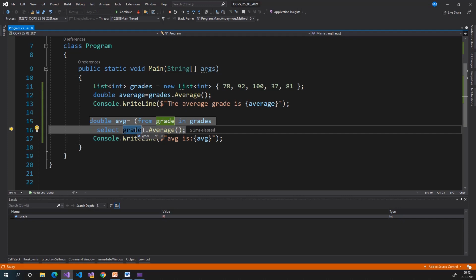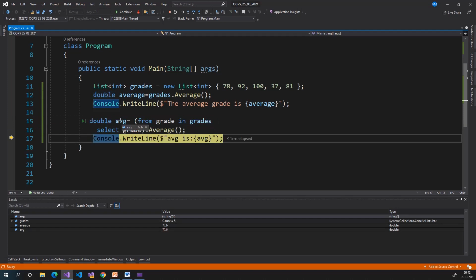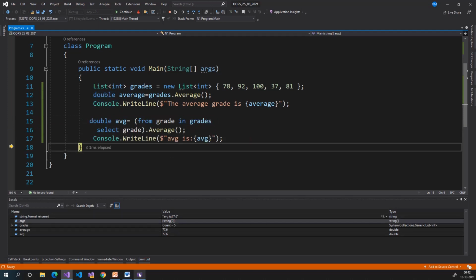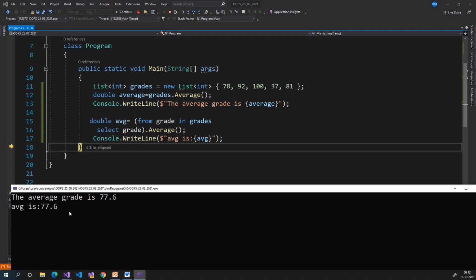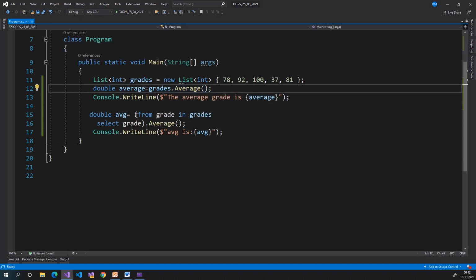F11, then 92, later 100, later 37, later 81. So here we have 5 grades, so we apply the average function on all the grades. F11, here the output is 77.6 and we print the output like average is 77.6. What we discussed in this program is how to find the average of values using method syntax and query syntax.